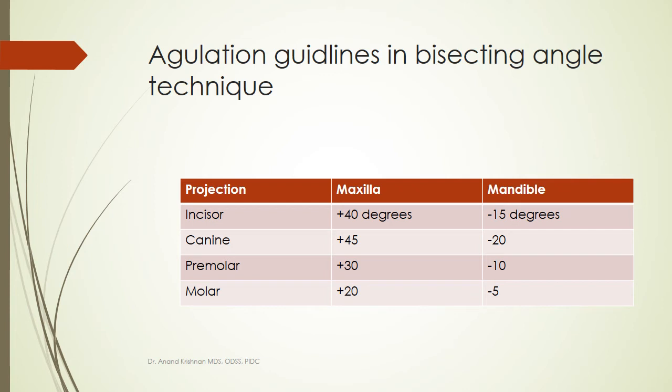Okay, so the angulations available for the maxillary and mandibular teeth: the maxillary incisor is plus 40 degrees, because we all know that maxillary central incisors are a little flared outward, and it is minus 15 for mandibular incisors. For canine it is plus 45, and for mandible it's minus 20. For premolar it is plus 30, and mandible it is minus 10. For molar, maxillary molar is plus 20, and mandibular molar is minus 5. Now,